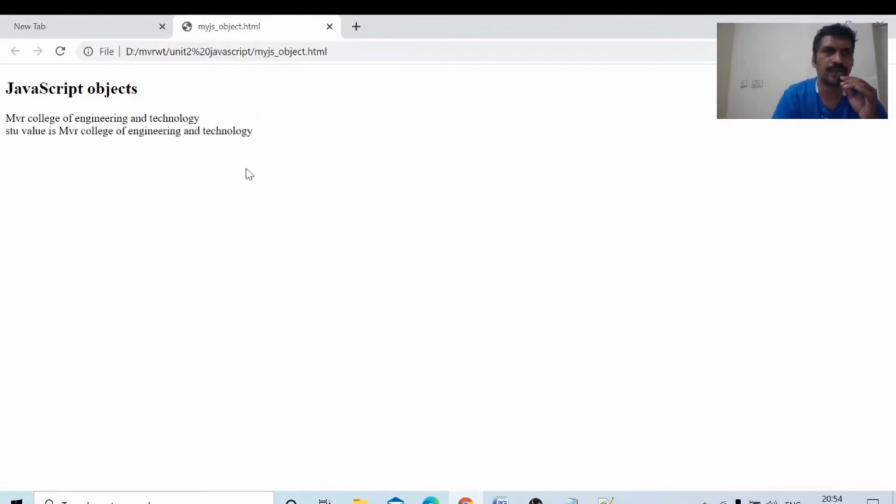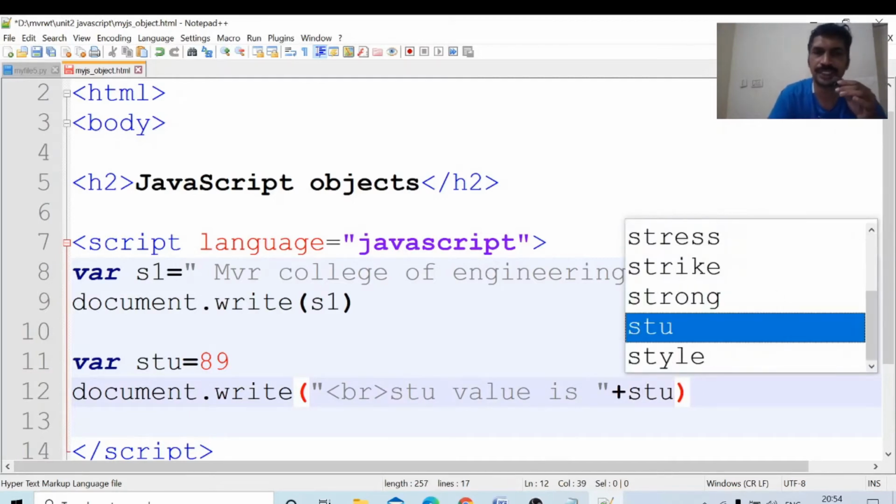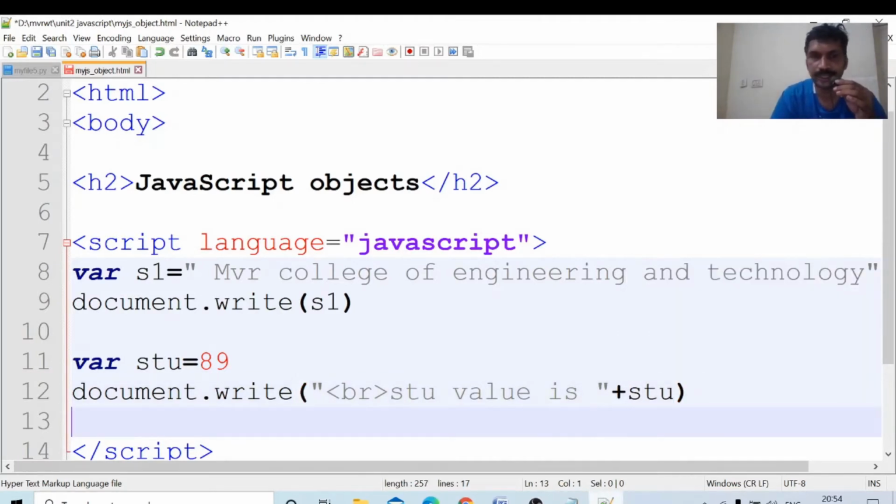Open this file in the browser and press F5. STU value is MBR College of Engineering and Technology. What is wrong in this file? I want 89. Here S1 must be changed to STU.